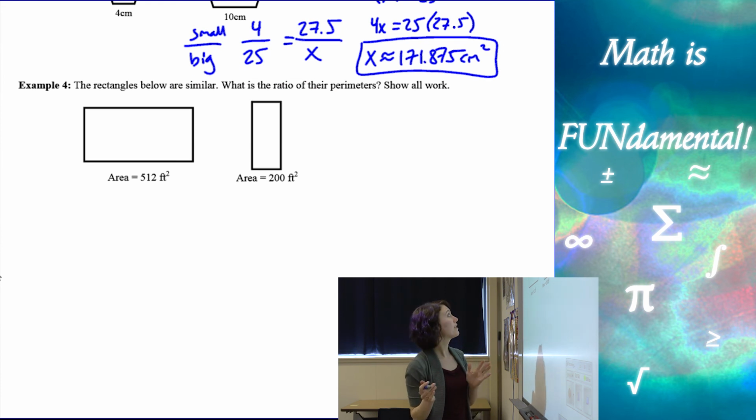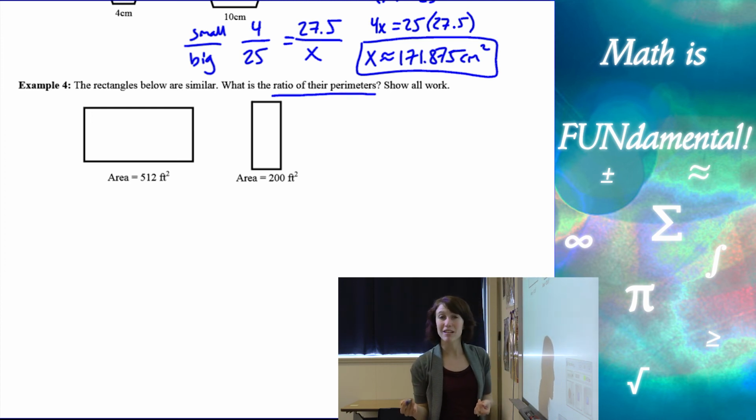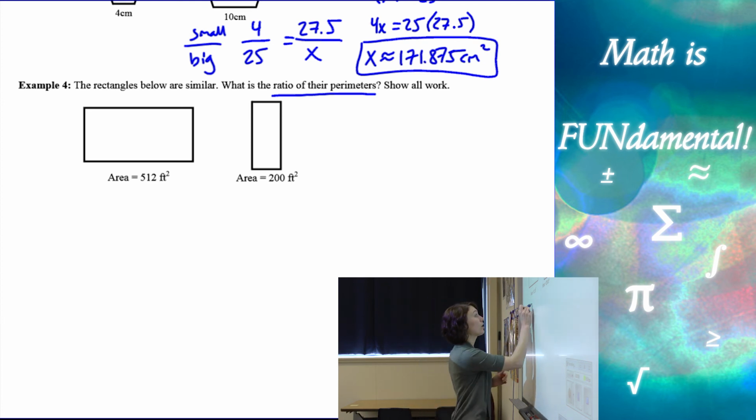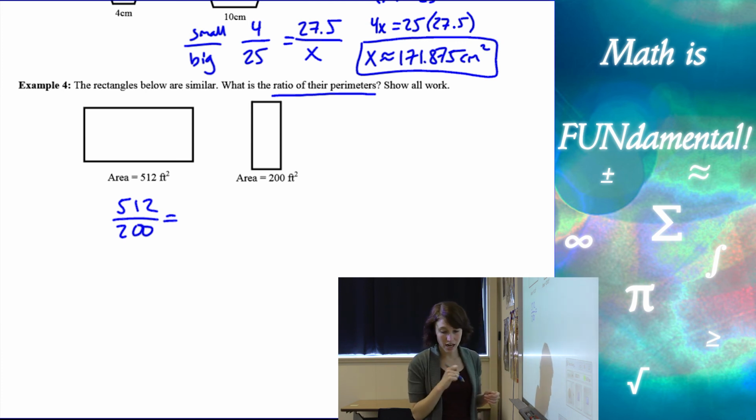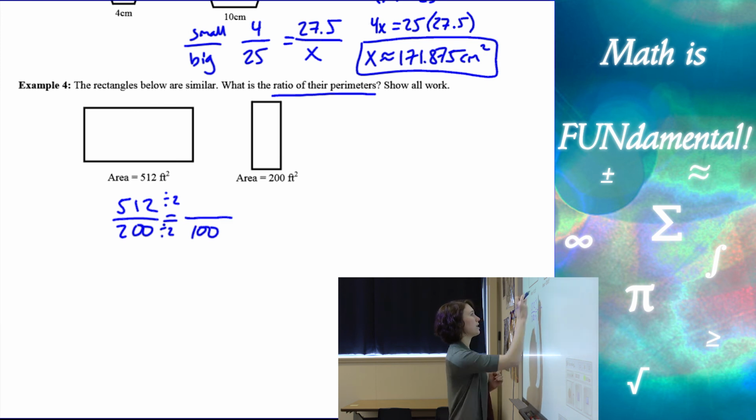All right, and last example, they're telling us that the rectangles are similar, and we need to find the ratio of the perimeters. Remember, that's the same thing as the ratio of the scale factor. All right, so they gave us the areas. So what we're going to do is take the ratio of the areas and simplify it down. So if I simplify these down, well, let's see, let's divide by 2. If I divide by 2, I get, let's see, that's 100,